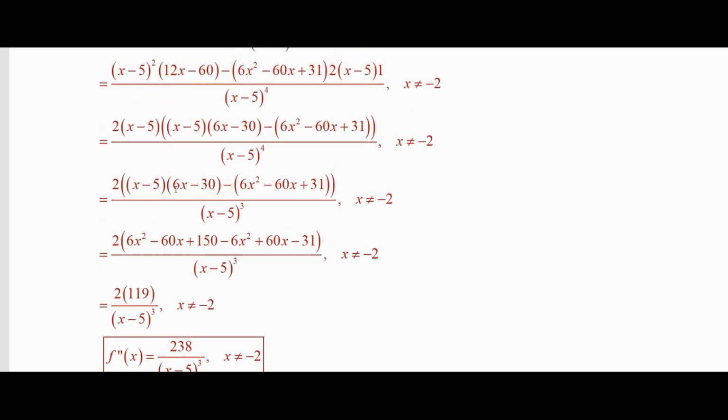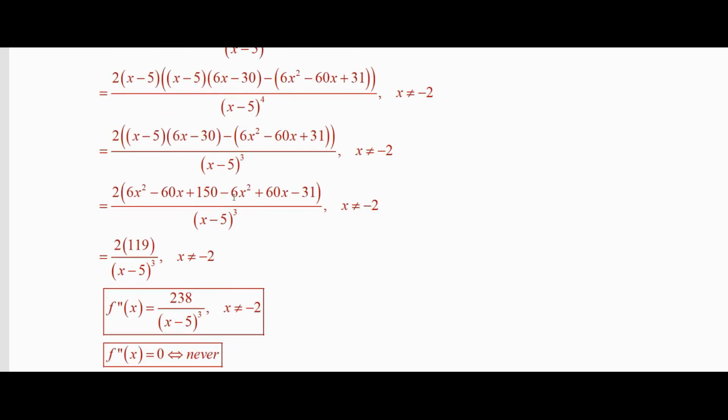So anyway, where are we here? We've canceled that out. So now we're just going to go ahead and multiply these out with FOIL. That's right here. Distribute the negative 1 here. Combine like terms, and the 6x squares cancel, and so do the 60x's. So that kind of is nice because we just have a constant then in the top of ultimately 238 over x minus 5 cubed. So that's just a